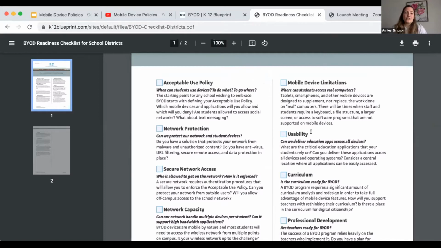So with this upsurge of devices in organizations, leaders have had to find ways to protect themselves and their users from harmful content. I know that we have a lot of firewalls in place with my district. And so when we first started this year, we started a new program that kind of helped us protect ourselves, but it also protected our students from accessing content that was too mature or wasn't appropriate for school. So leaders have had many options to choose when it comes to picking a policy. So I have created this